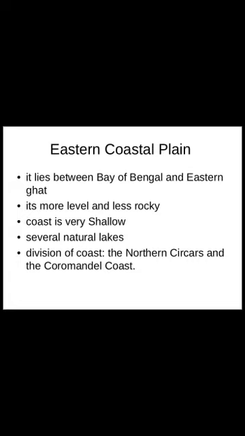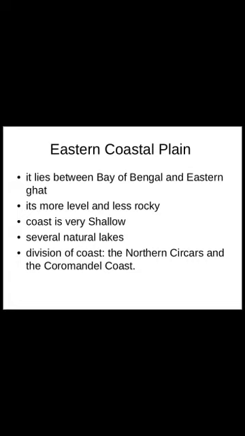Now in this Eastern Coastal Plain we find many natural lakes. The reason is that many peninsular rivers, meaning the southern rivers, start from the west and then flow towards the east into the Bay of Bengal. Because of that, before they merge into the water body, they create many natural lakes, for example Chilka Lake in Odisha. We are going to see more details in the next chapter 3. Just remember that in the Eastern Coastal Plain there are several natural lakes.